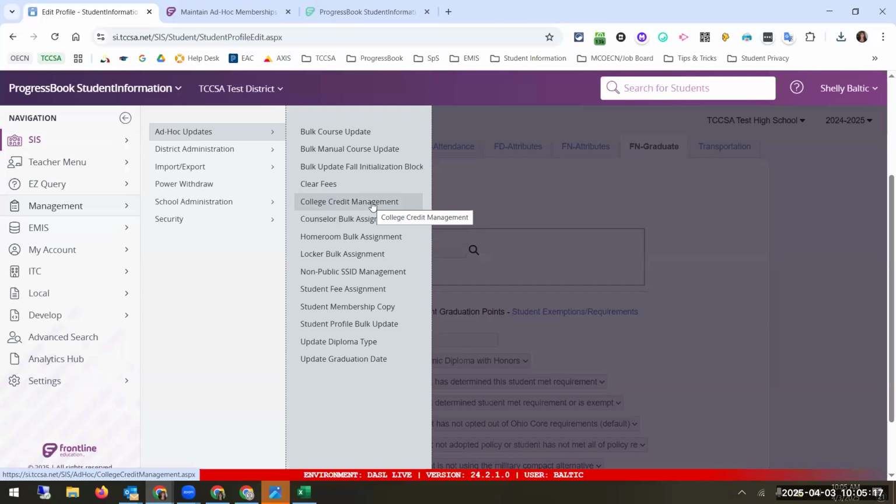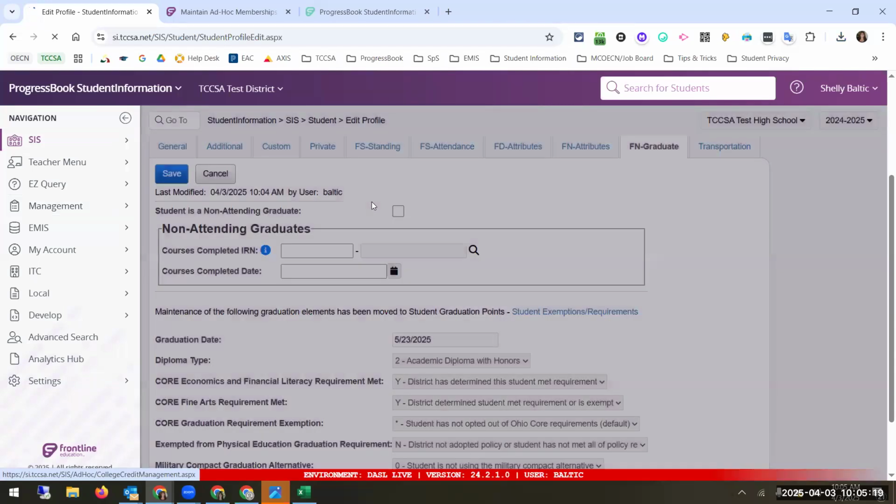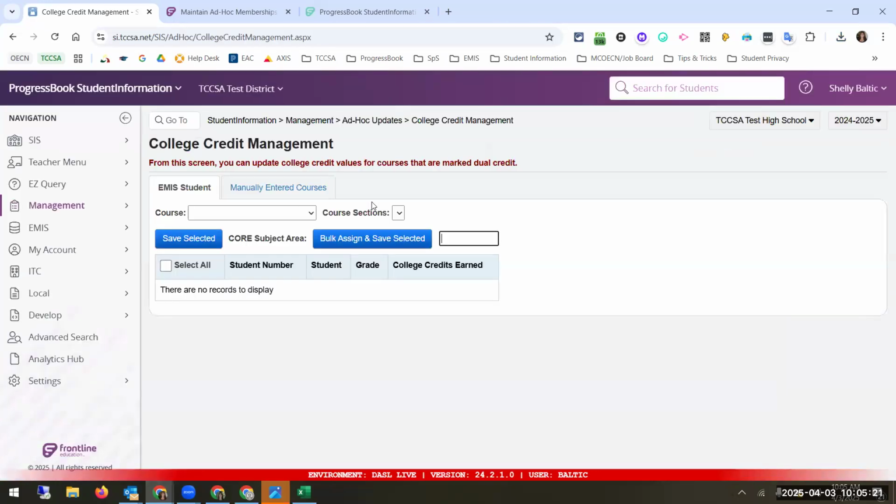This college credit maintenance management, I did not learn about this until recently, but as you have CCP classes, this is a way that you can enter the credit earned by those students taking those CCP classes. So you can see here, when I click on my courses, it's going to have any that has been marked as a CCP class. So if I click on my advanced bio,